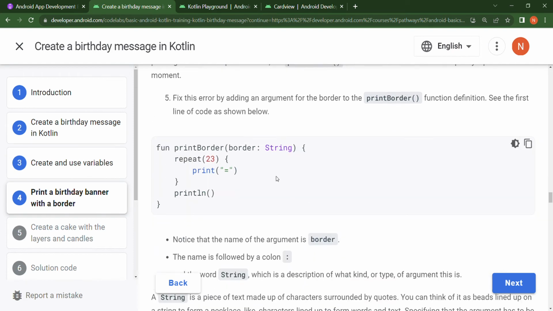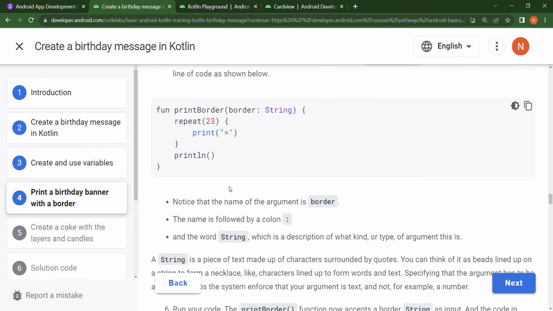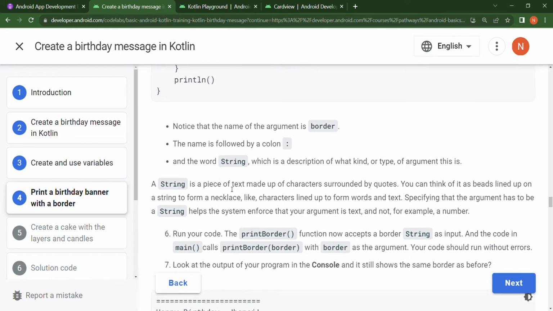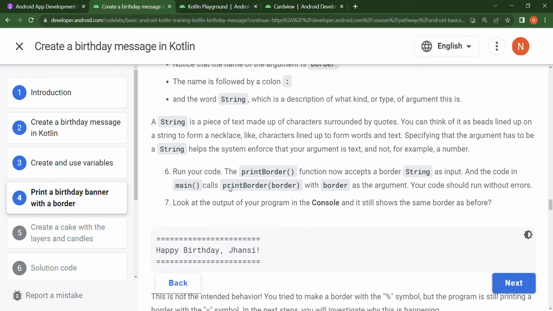And this is going to say print. Notice that the name of the argument is border. The name is followed by a colon and the word string, a description of what type the argument is. A string is a piece of text. A string helps the system enforce that your argument is text. In your code,